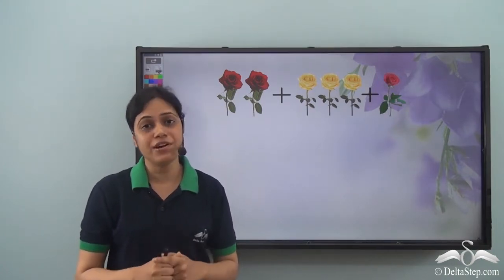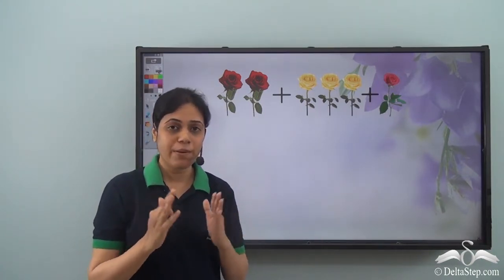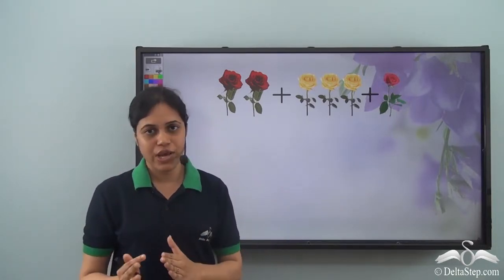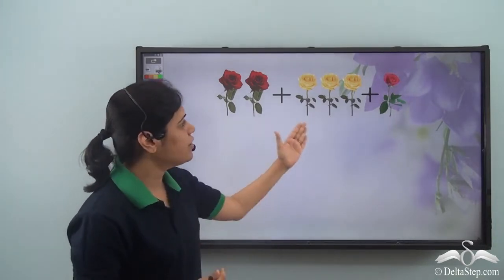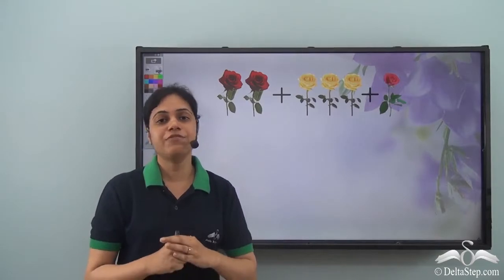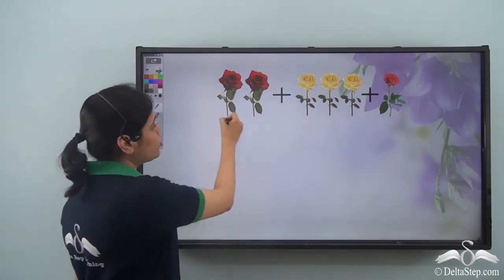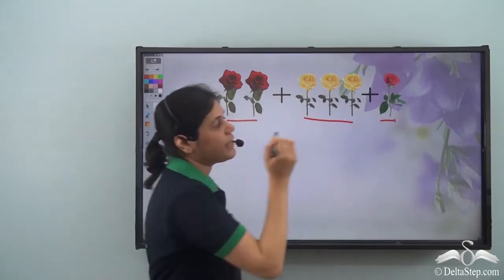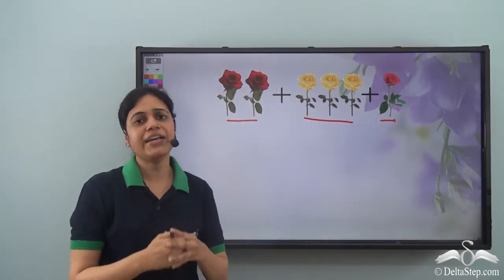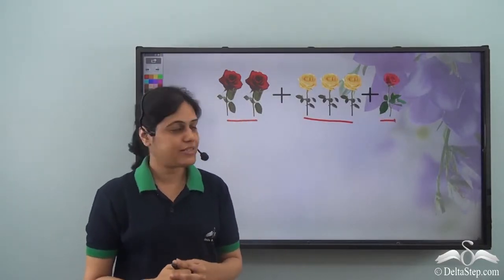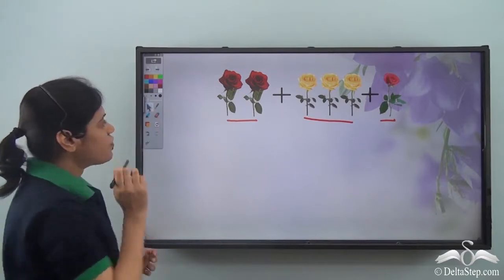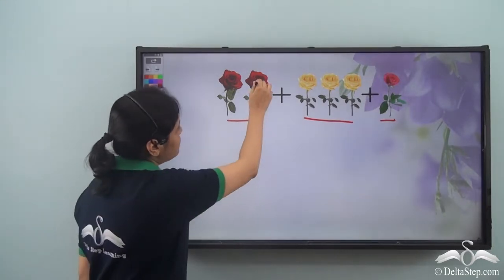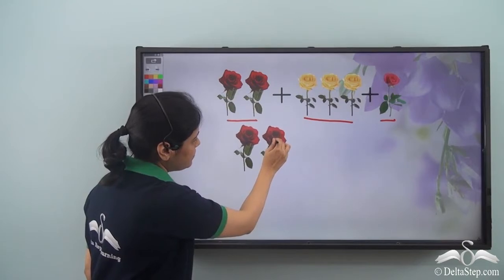Well, you have learned how to add two numbers together or how to add two objects together. Over here, we have three different things to be added: two red roses, three yellow roses, and one pink rose. How do we add three things? Let us see. So, we can first bring two things together. So, let's bring two red roses